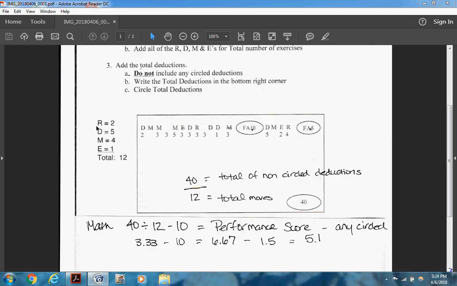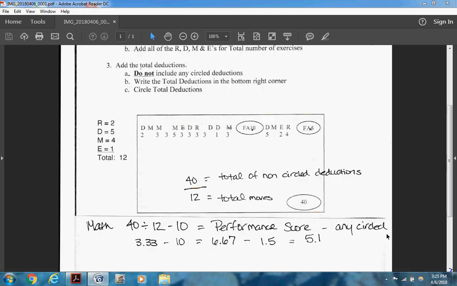Each level has a different mathematical value, although for individuals, it does not change. It's the same across the board, same for team and pas de deux. So this is always the same amount. One risk in individual is worth 1.3. And we'll talk about the other values as well. But the value of R never changes. The piece of the mathematical equation that changes is how many there are. So again, we know we had 12 moves in this routine, and so here they are broken out in the